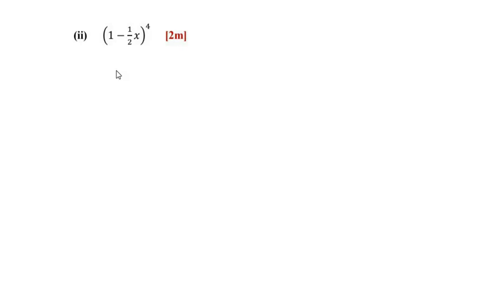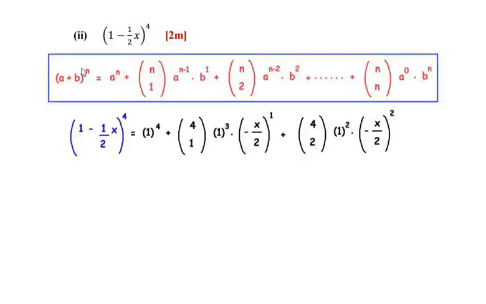The second sub-question is 1 minus 1 over 2 times x raised to the power of 4. So let us use the formula now. Now here, using this formula, we have the value of n as 4, a as 1 and b as negative 1 over 2 times x, or we can just say it as negative x over 2. So here we are going to expand this as the first term becomes 1 to the power of 4 plus second term becomes 4c1 times 1 to the power of n minus 1, that is 4 minus 1 gives us 3, times b to the power of 1 becomes negative x over 2 raised to the power of 1